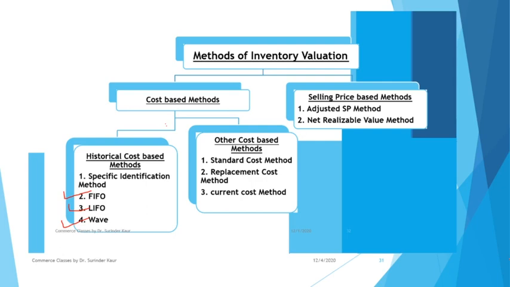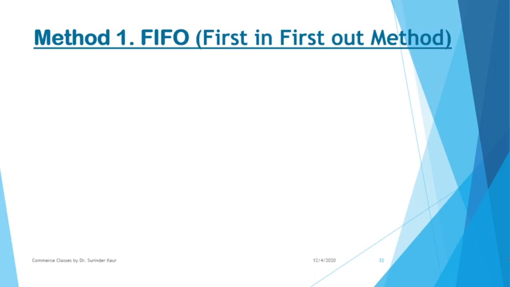So starting with FIFO approach, that is first in and first out. Now, before I take up the definition and the procedure, let us just ponder on the method first. First in. In implies stock is coming in, so the first purchase. In means purchase. First out. Out is there when your stock moves out. You make sales or you issue inventories.